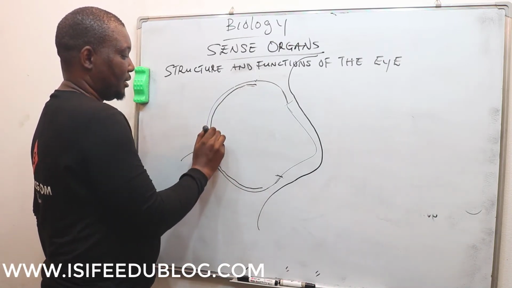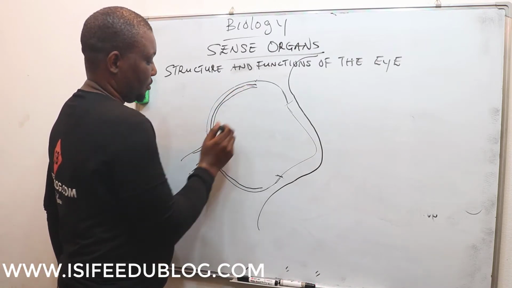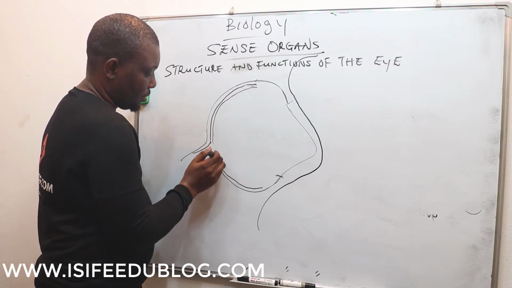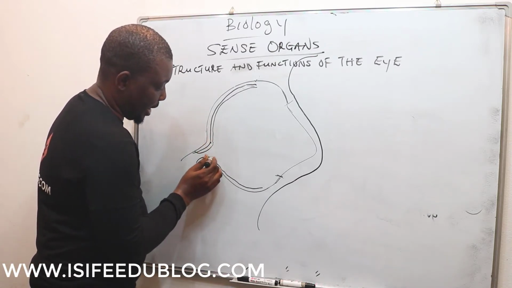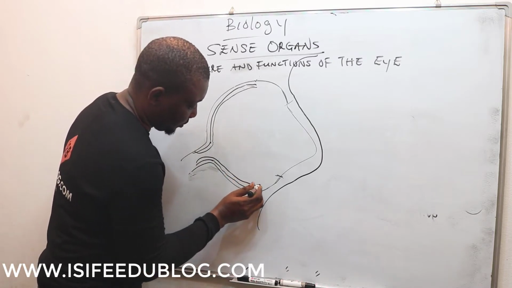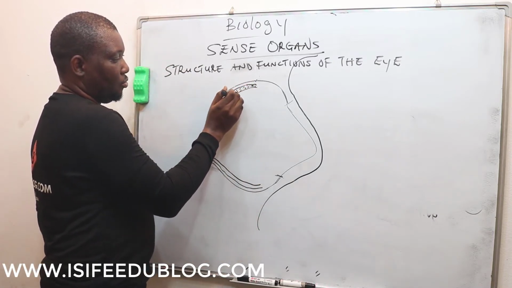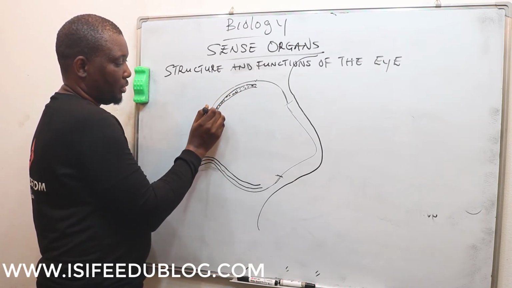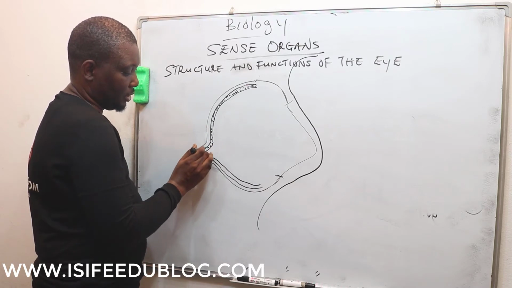It means that this part of the eye is well supplied with blood vessels. So I can use spots to show that this part of the eye is vascularized, which is rich in